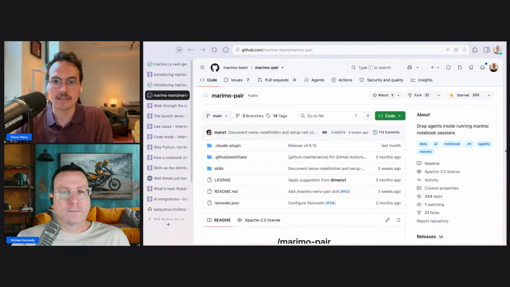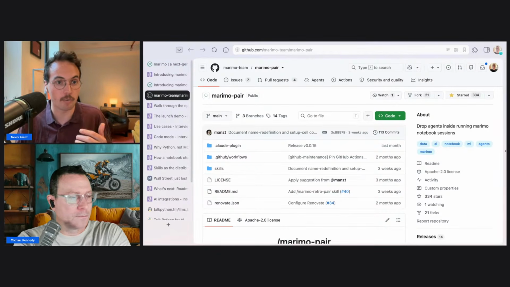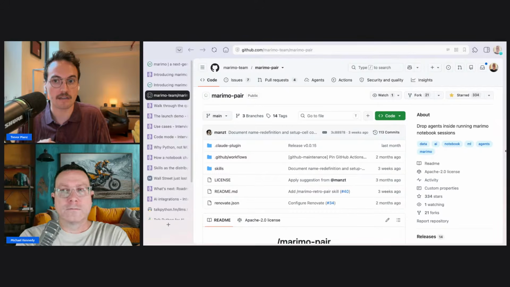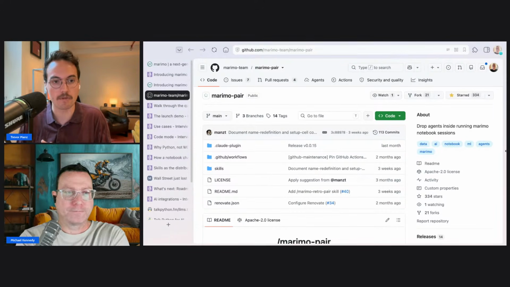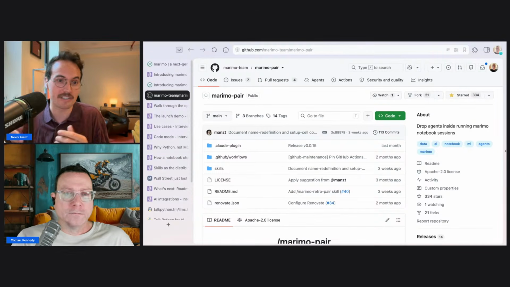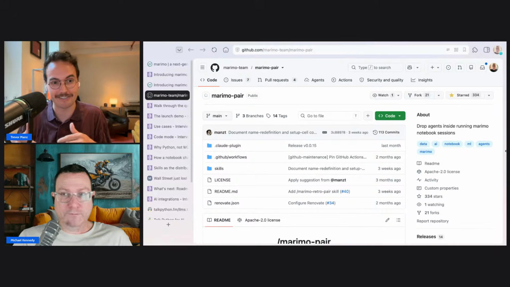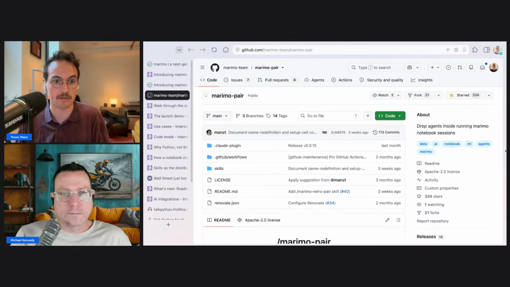Before, the agent would read the entire notebook file off of disk to orient itself and figure out where you are inside the notebook. But if I ask the agent, we're focusing on this cell right now, the agent doesn't have to print off all the other cells into context. It can just focus on that one cell or that one variable that we're talking about in the kernel.